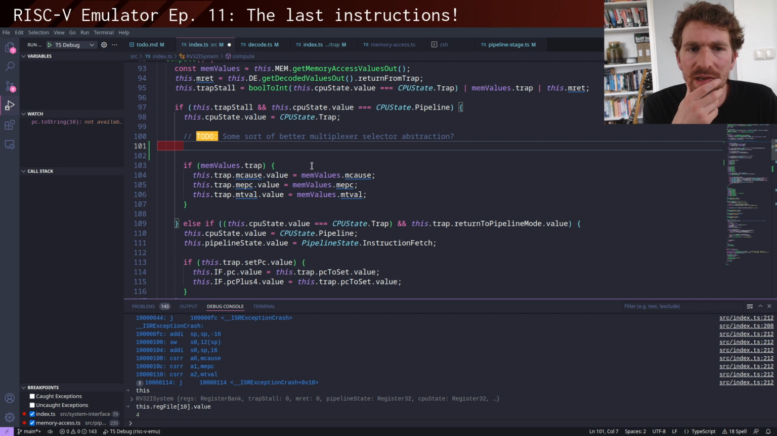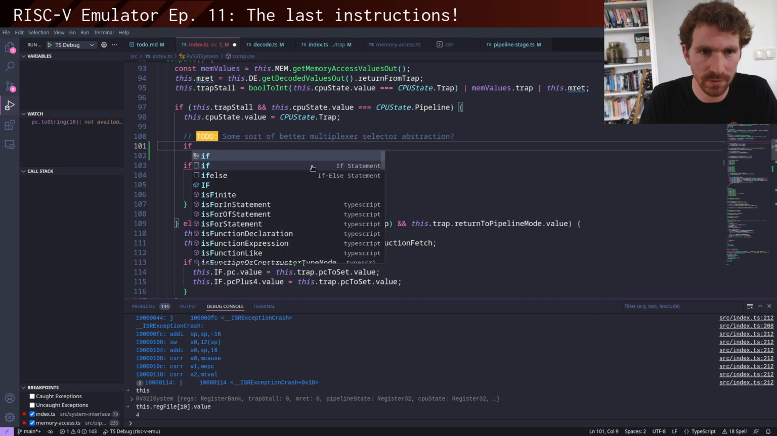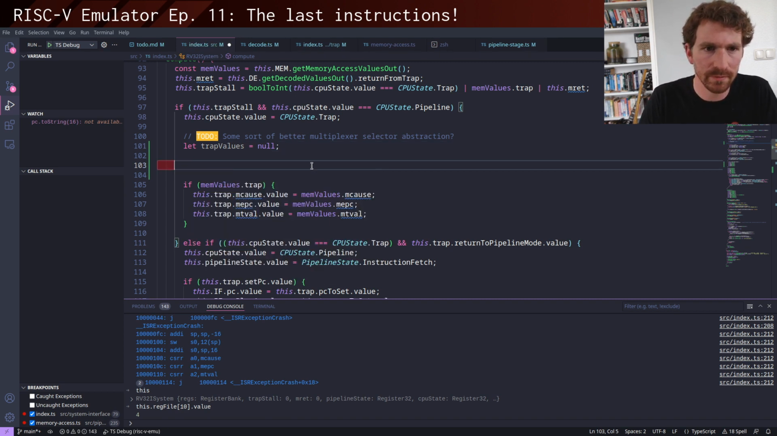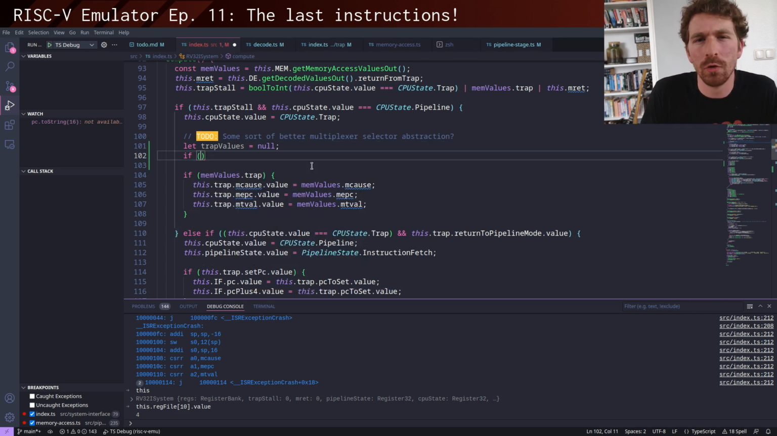So I think what we will do is something like this. Let values equals, call it trap values. Yeah, trap values is null. And then, because I'm not going to build the whole multiplexer abstraction now, or a priority encoder, because we can just do it with an if statement, and that will do for now. Otherwise, this episode's going to get way longer than it already is, and it's already long. So if,